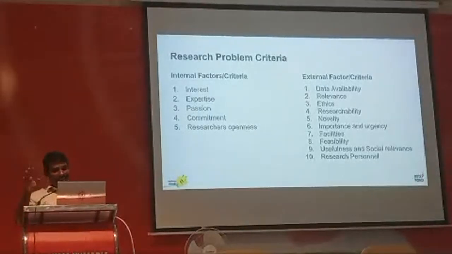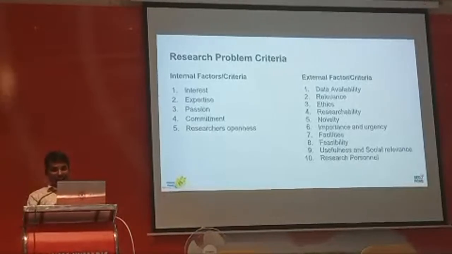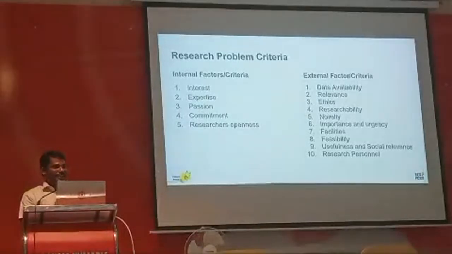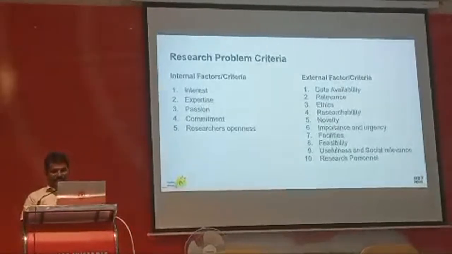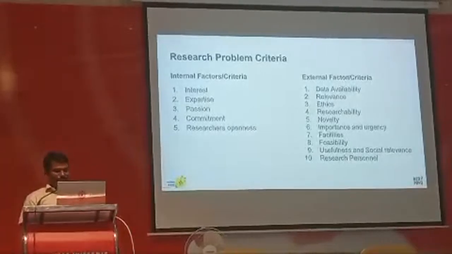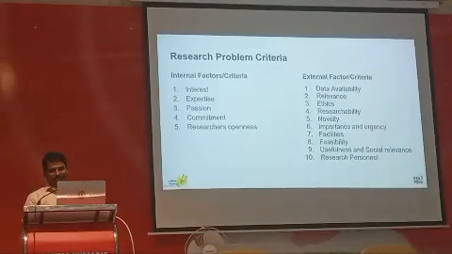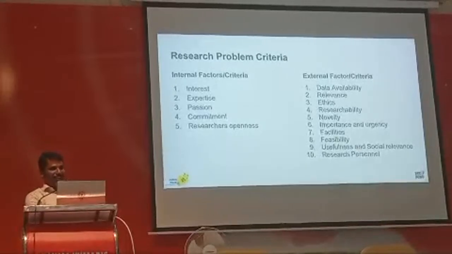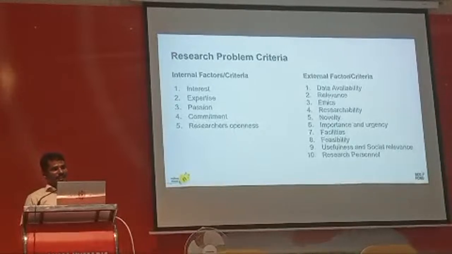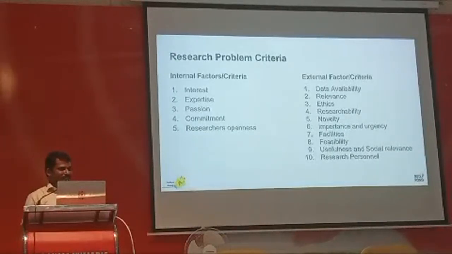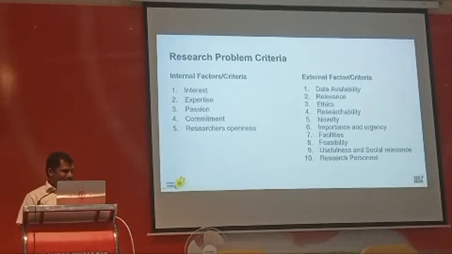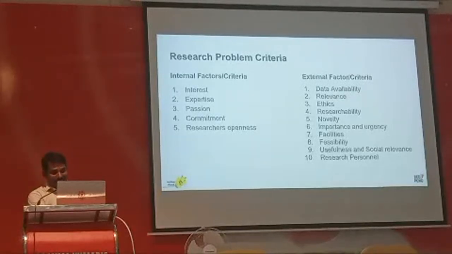Dear friends, external criteria you are able to manage, you can develop. But internal criteria you must have. For example, interest. Some of the scholars will come and say that they are interested to explore these things. And the research supervisor will say, no, I'm not an expert in that area. Can you go to another area? If they suggest one more variable or one more area, the scholar will think that they will not be interested in doing the research. They will depend on the supervisor only, and say you told this area, and you have to guide me on how I can do that. The expectation from the researcher, the scholars, will be more from the supervisor side.